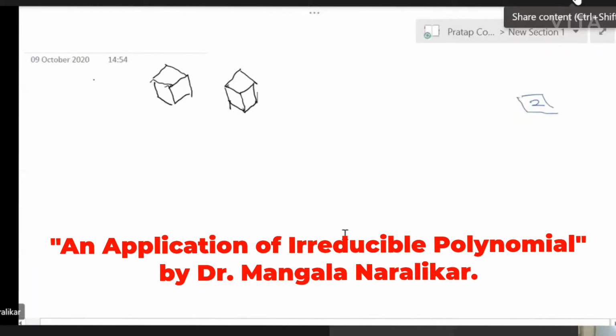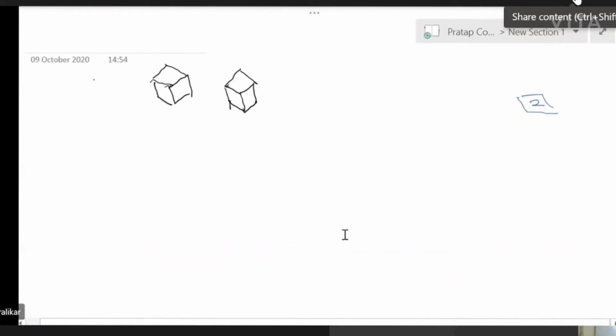Do you see my screen now? Yes, madam. I have drawn two dots on it. I have not written anything yet. Is it all right? Can you see my two dice? Yes, madam. Okay, good. If you don't understand, you need to ask. And now, what are these? Okay, I'm so sorry.